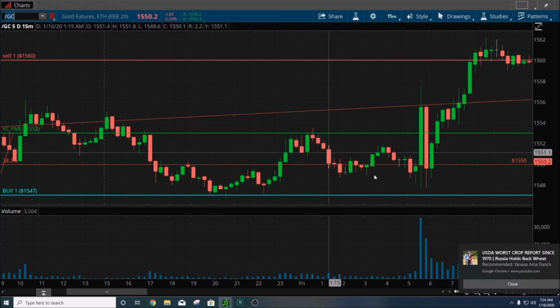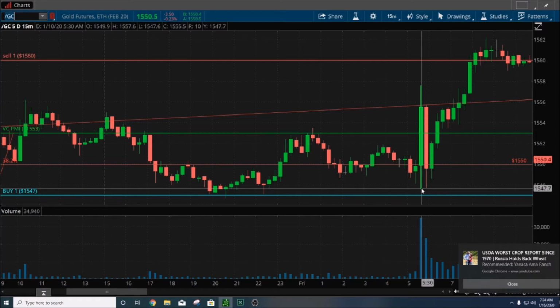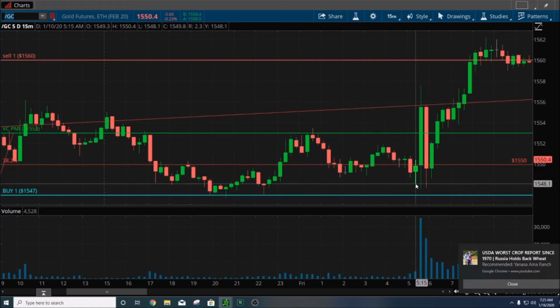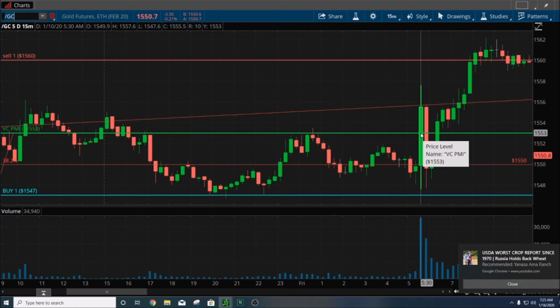we did not quite come down to the buy one level here at 1547. Obviously, the market tried 3 times to break that and it couldn't. And you can see here that the buyers realized that and decided to buy the market before it meets that target again, penetrating right through that average price of 1553. And a lot of trading occurred in that area at 5:30 a.m. on the 10th of January until the market